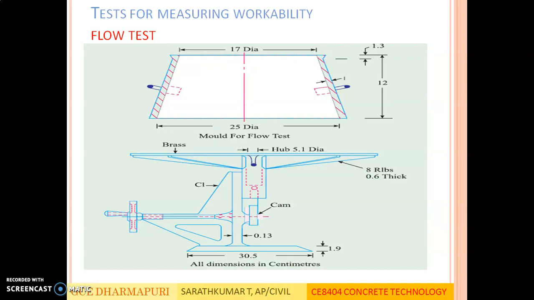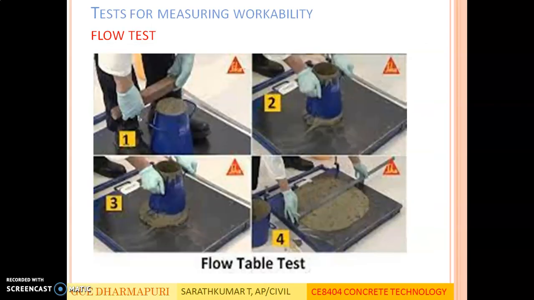Once the mold is taken out, the vibrating table is lifted up and down 25 times and you see how the concrete flows. So this is the first case, placing the concrete on the mold on the vibrating table. Second and third are lifting the mold. Third one, after lifting, the vibrating table goes up and down 25 times, the concrete tends to flow, and you will measure the diameter of the